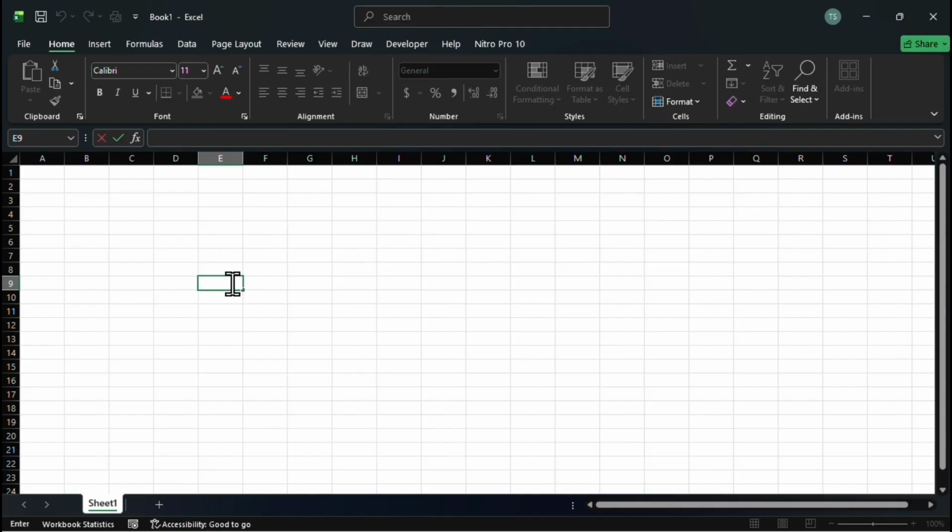From an analyst point of view, this is useful because you can type a cell address here to jump directly to it, or you can name a range of data, for example, calling a list Sales Data instead of remembering A3 to D100. We will explore named ranges later, but just know this box is more powerful than it looks.